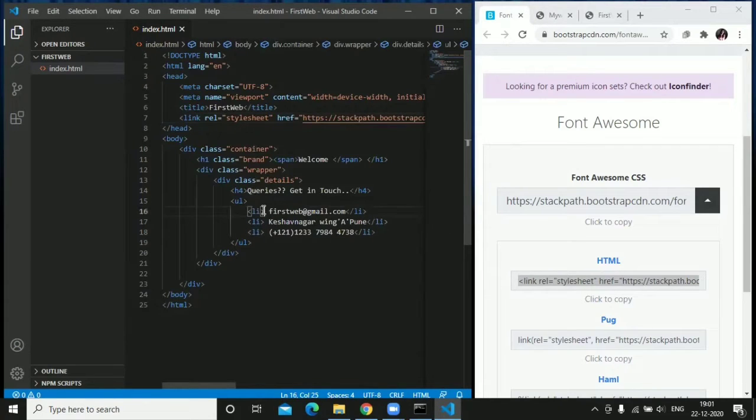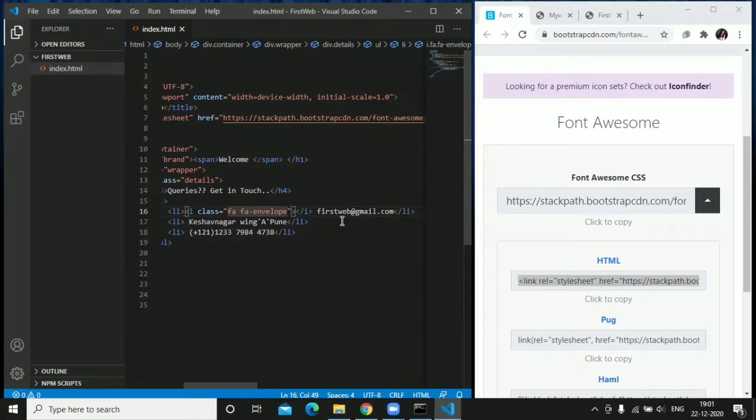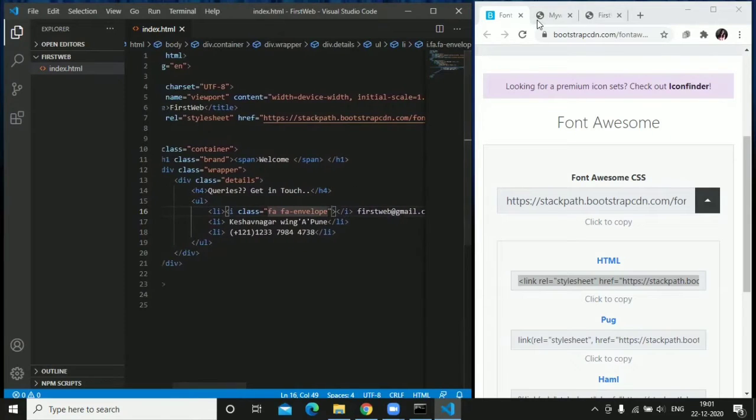Create another tag inside the list tag. Name it as i, which is the icon tag. It is a Bootstrap class, and the class name is fa space fa dash envelope. For the mail icon we have to use envelope. Let's see if it is working or not.